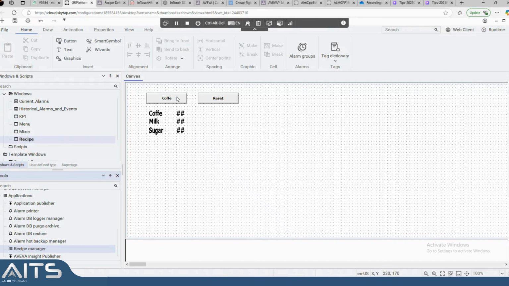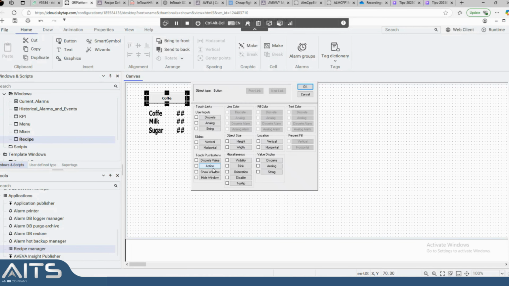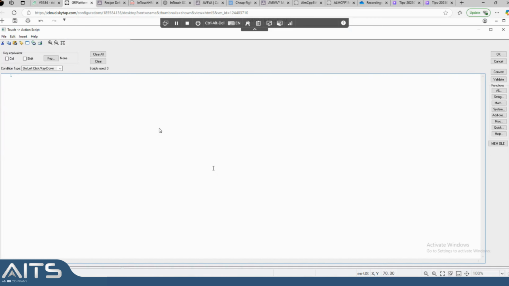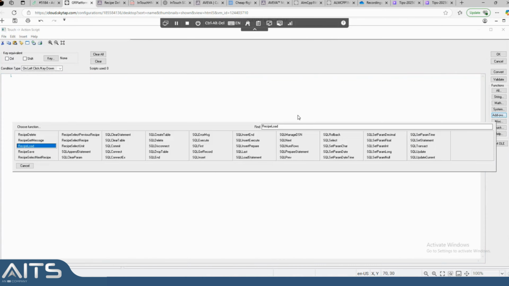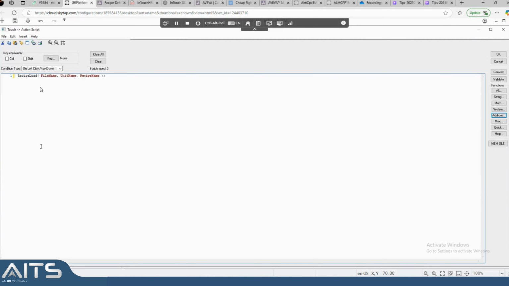Now we will be making an action for the buttons we have. For the coffee and the reset button, for example the coffee button, we will double click and make an action here. What is our action? The action is add-ons. We will click on the add-ons, and as you see, there is a built-in script called recipe load. In the recipe load, we will define our file name, which is the path we have between quotations. It was C users